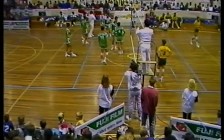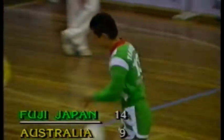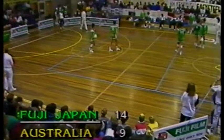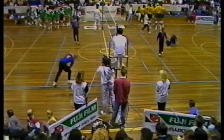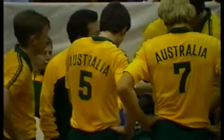Yamamoto, number 13 for Japan, being substituted on in place of the captain, Mitsuhashi. Mitsuhashi's efforts being acknowledged by a very appreciative crowd. Timeout being called by Australia. It's their second timeout. It's their last opportunity to recoup this match. They're sitting on set point. They've got a score line of 9 at this stage, and it's not impossible for them to get back, but